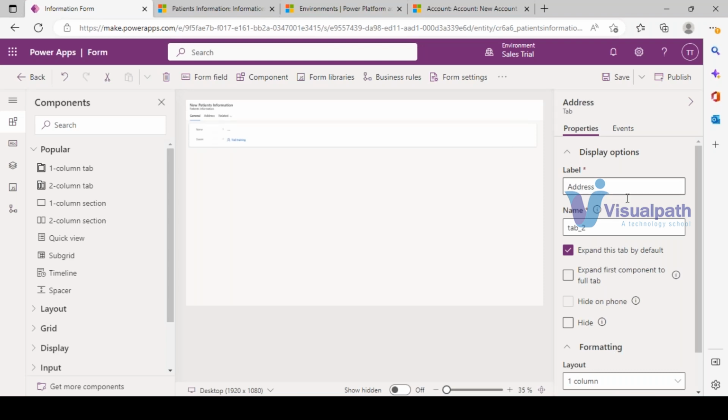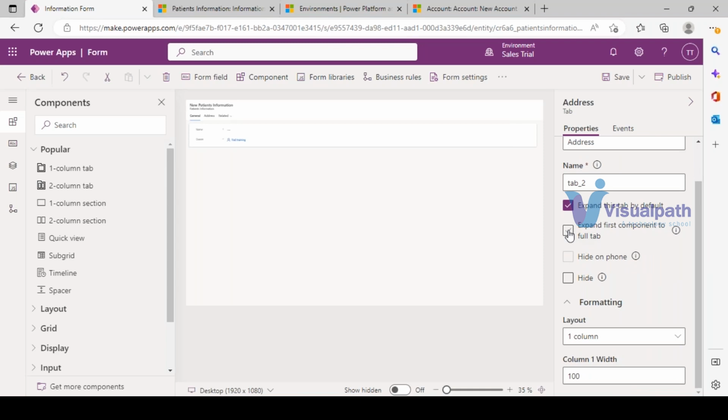You see, whenever I change something here, automatically this is getting updated here. So here we have some properties. If you want to expand this, you can expand this full tab. If you want to hide on the phone, you can hide by selecting these properties. And in this tab,